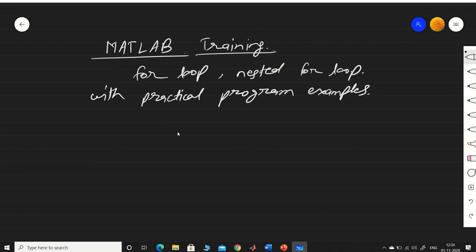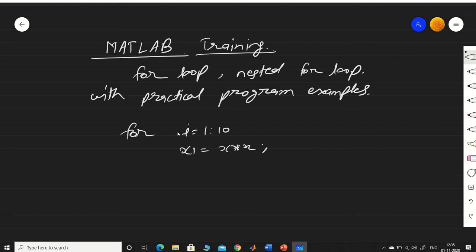So first of all, we will try to understand what is the syntax for loop. What you have to do in MATLAB is you have to utilize for, and suppose some indices value I is equal to 1 to 10. So basically you are trying to go from 1 to 10, and then you can put, suppose there is a value x which is going to be equal to x into x. So basically you are trying to find out x square. So you can put x1 is equal to x into x. So x square, and then you can store this value also.